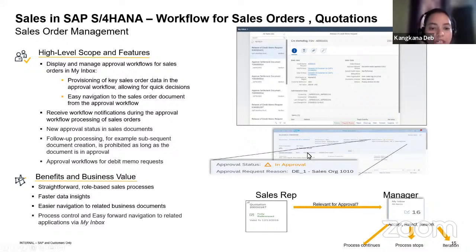So whenever an internal sales representative creates a sales order or makes changes to it and saves it, if it is relevant for approval, then the system automatically sets the approval flag and the approval reason in the sales document header. So this particular work item will be received in the approver's inbox, and the approver can take further action